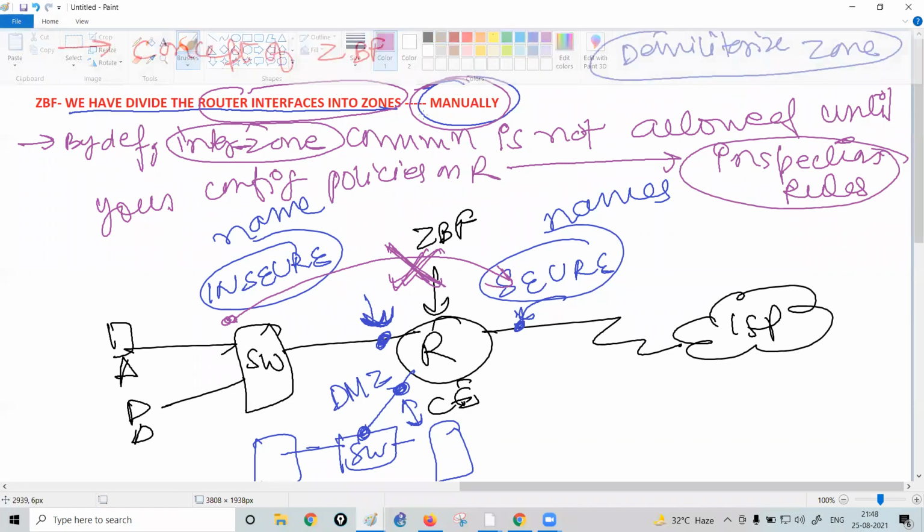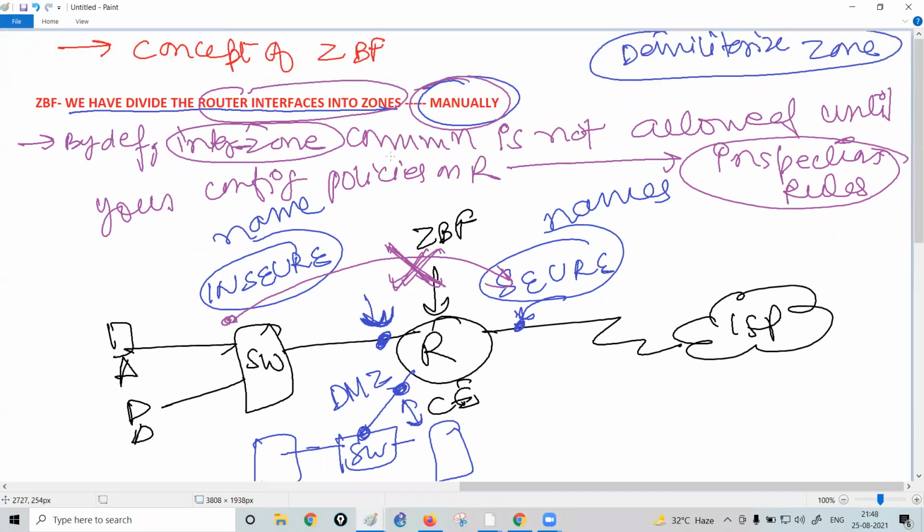So just to summarize it, the zone-based firewall says that you have to divide your router interfaces into zones, and you have to configure the zone name. Let's suppose this interface is configured with the name insecure, this interface is configured with the name secure, while this interface is configured with the name DMZ zone.